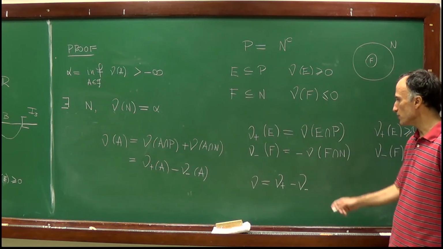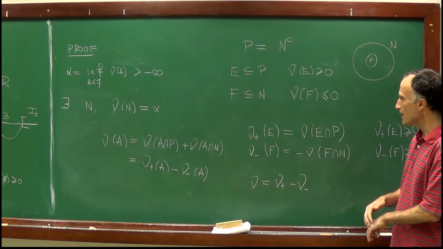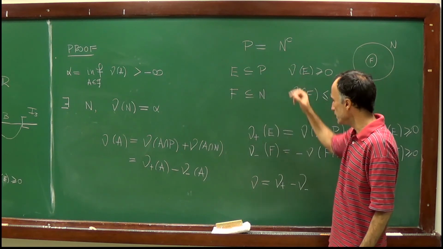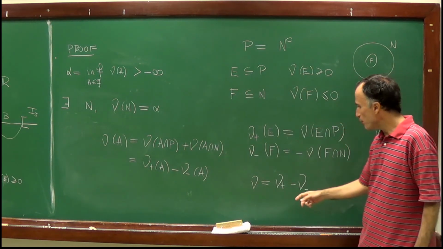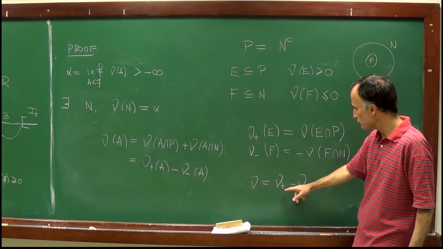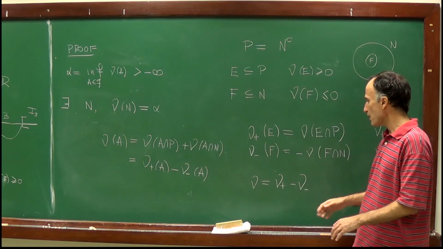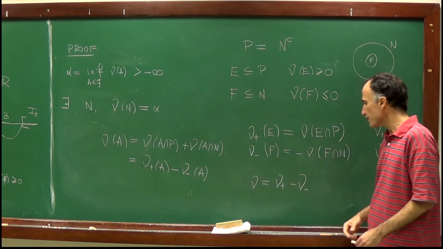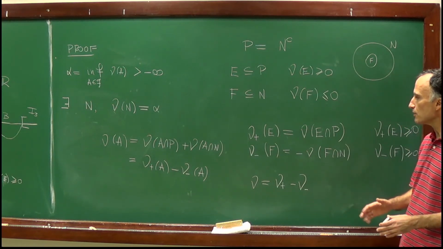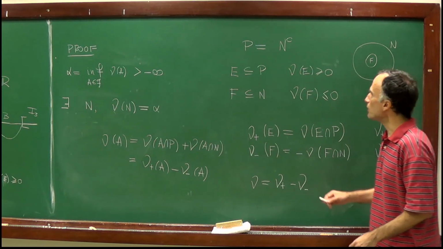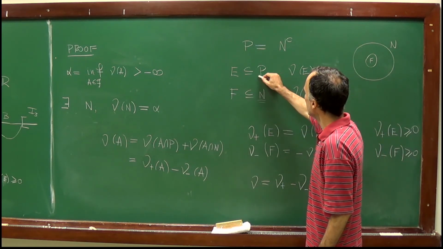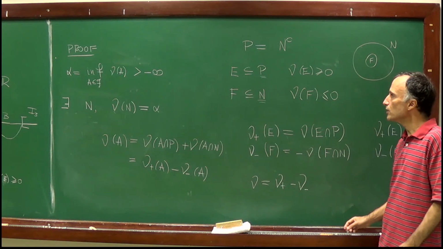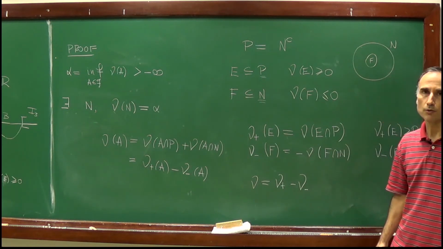So this is the Jordan decomposition, and you can prove, as I said, the Hahn decomposition is not unique. I mean, these sets P and N are not unique. But if you impose, furthermore, that the supports of these two measures, nu plus and nu minus, are disjoint, you can show that this decomposition is unique. But this is not a relevant point. We will never use that. What we will use later in these lectures are the Hahn decompositions in which we can obtain these sets P and N. And this completes the lecture today.